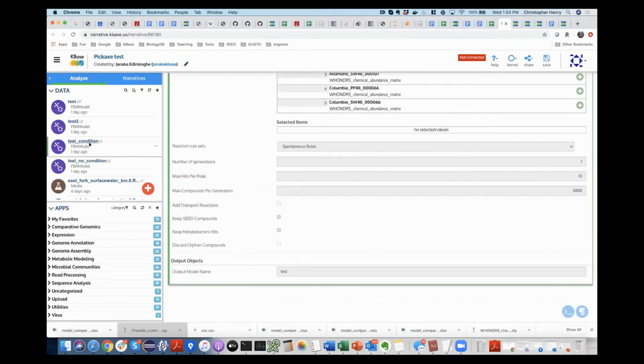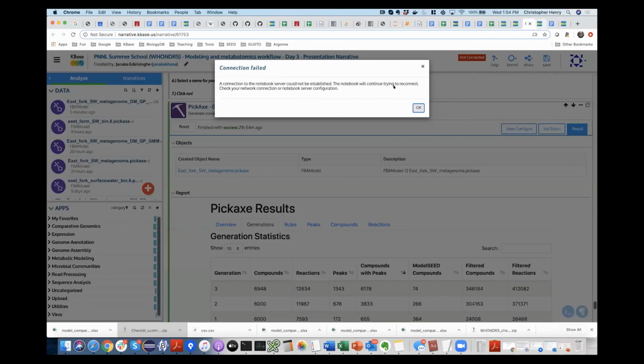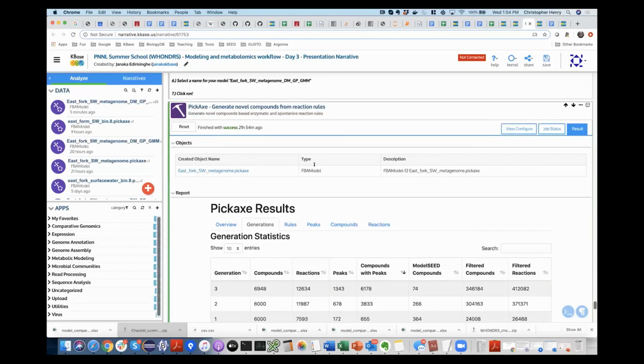Yeah, here we go. Because this one's not connected either, so I won't be able to. So I think the